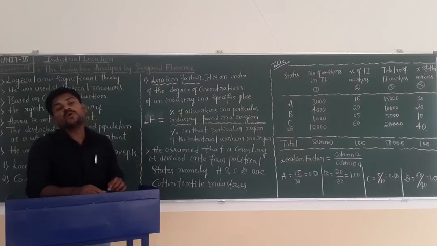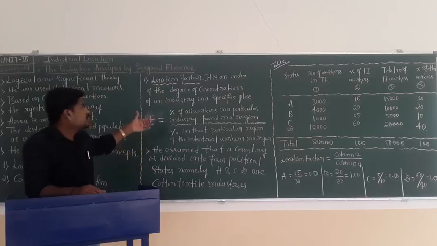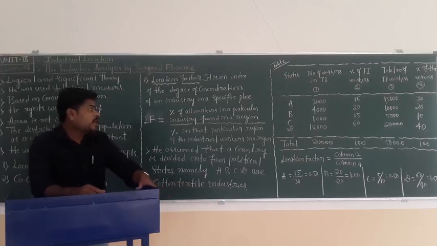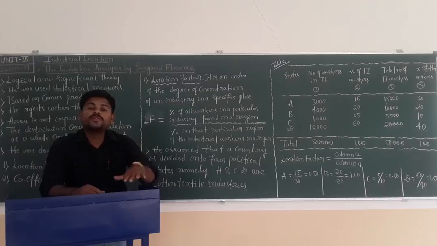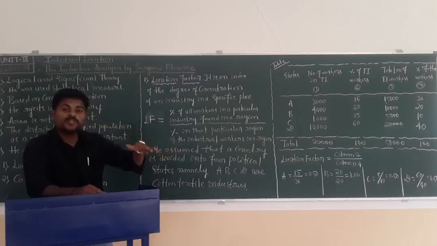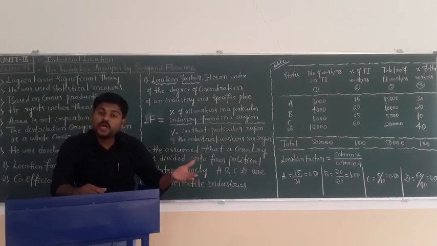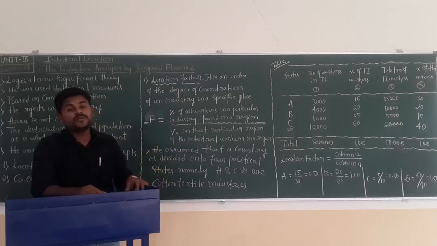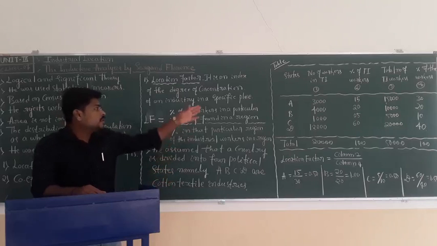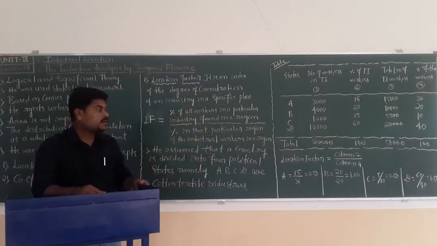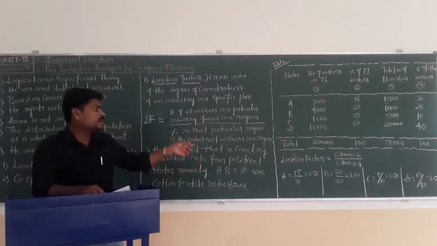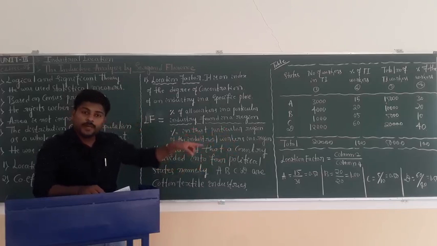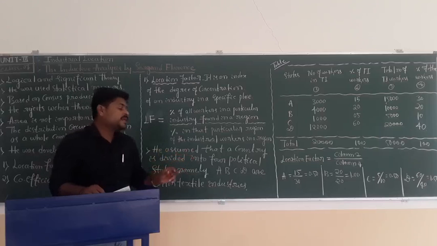In the inductive analysis of Sargant Florence, the location factor is an index of the degree of concentration of an industry in a specific area. He assumed four political division states with cotton textile mills manufacturing cloth, in A, B, C and D states. He then developed the formula: location factor equals column number 2 divided by column number 4,